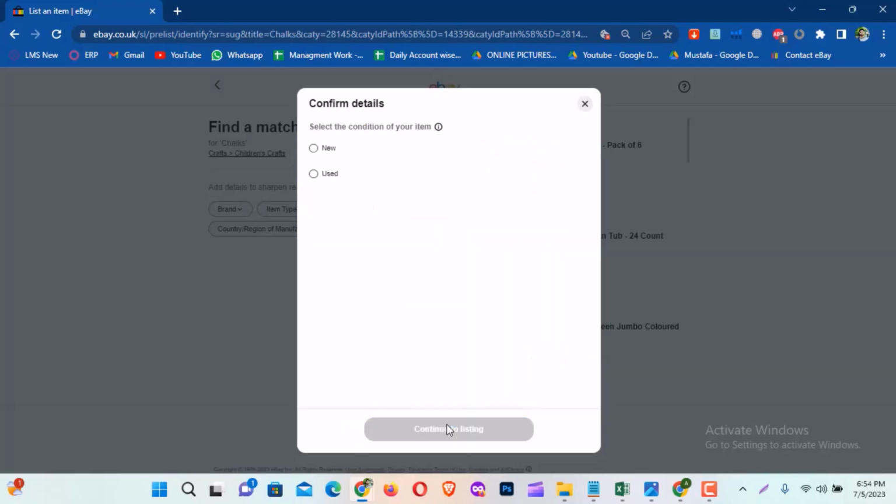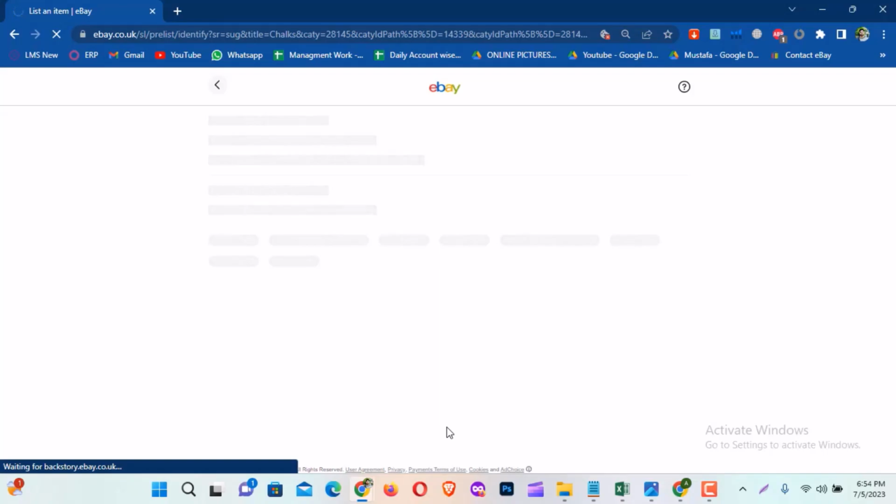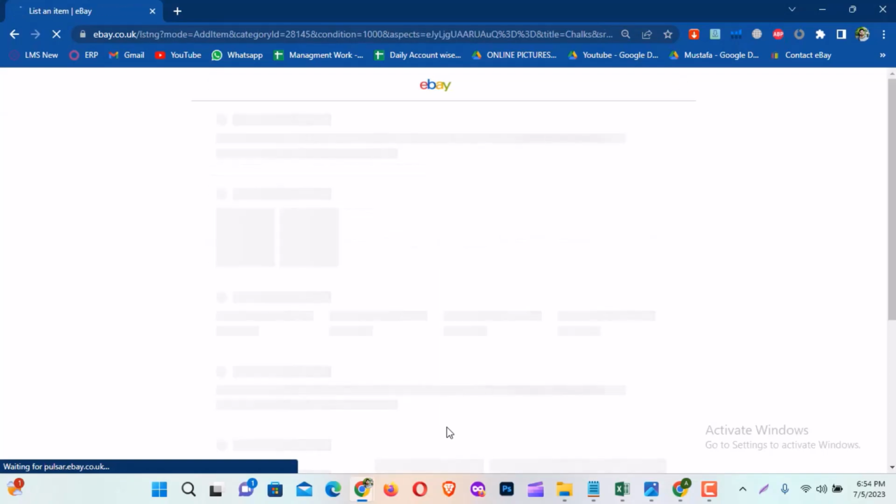We have again two options, new or used. In this page you have to provide information about your product, meaning whether it is used or new. I have a new product, so I have to select the option of new. After that another page will appear on screen,